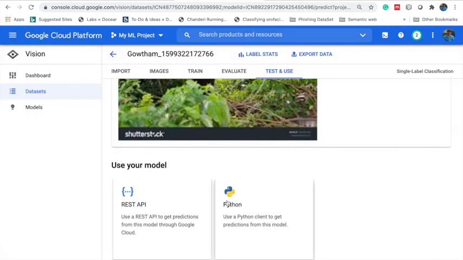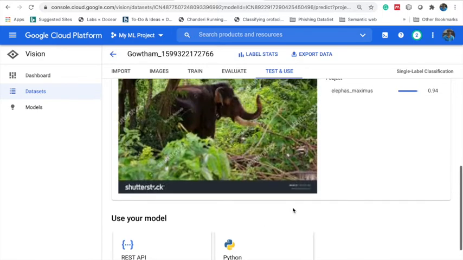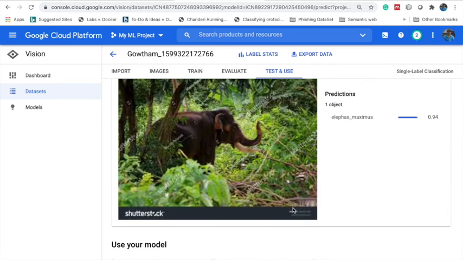As it gives the Python option by default, I'm not going to use Python, I'm going to use a Node.js option, so that I transfer my file using a Node.js program and use this particular model to predict.